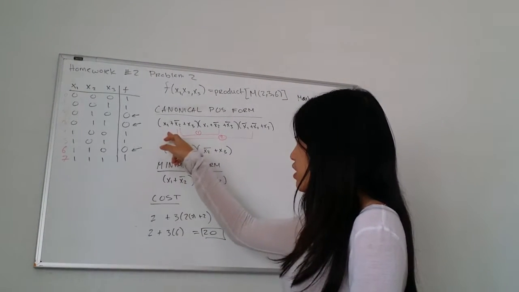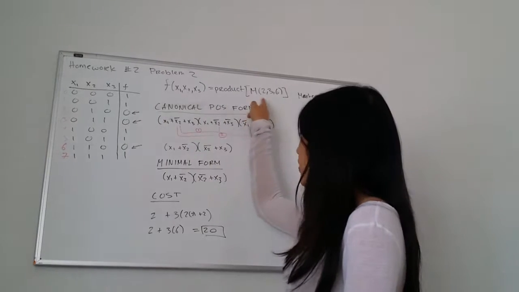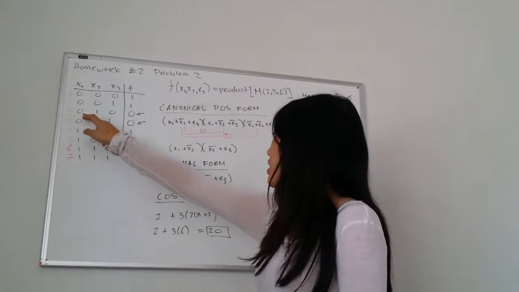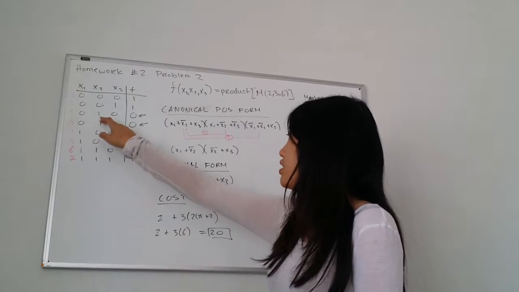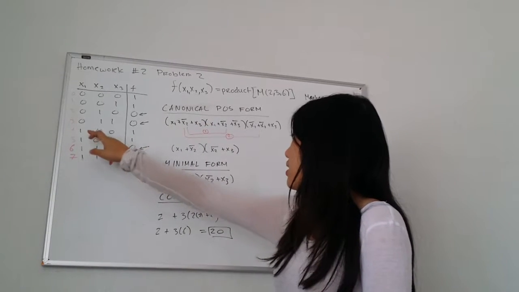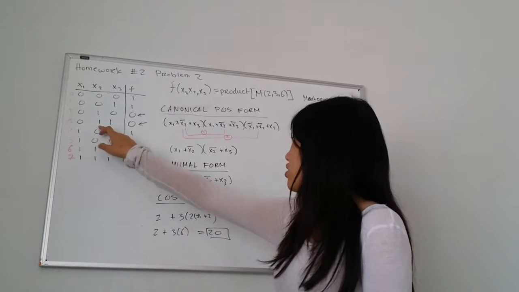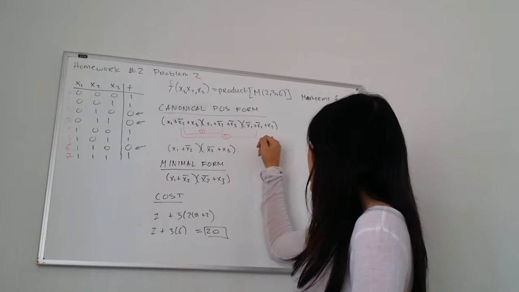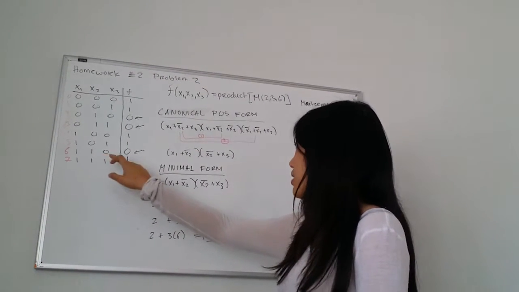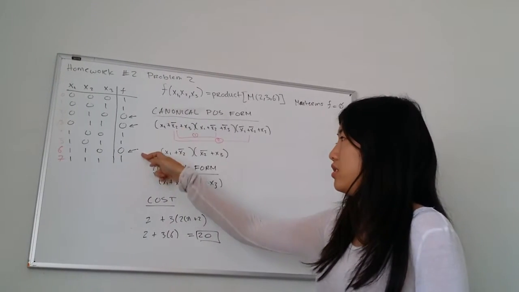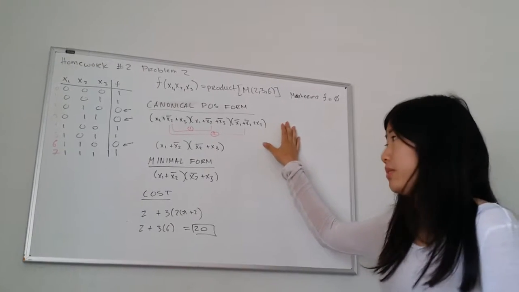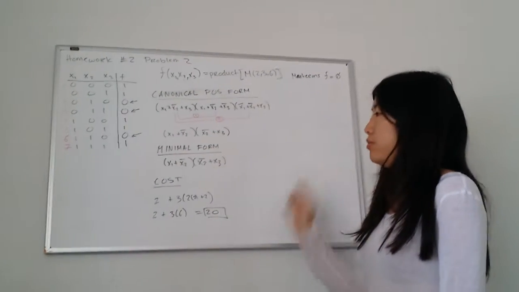So the first term will be number 2, given here. So it will be, because f equals to 0, x1 plus not x2 plus x3 multiplied to x1 plus not x2 plus not x3. And again, the last term will be not x1 plus not x2 plus x3, because that's the ones that equal to 0. So given this canonical form, we will then reduce it down to a minimal form, so then the